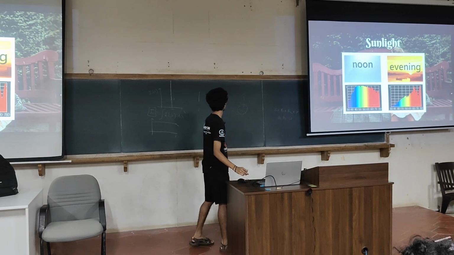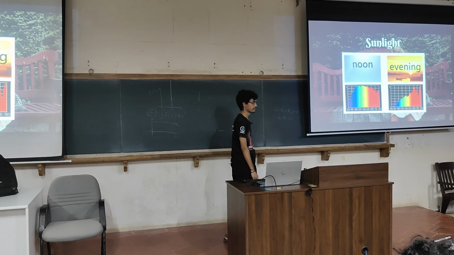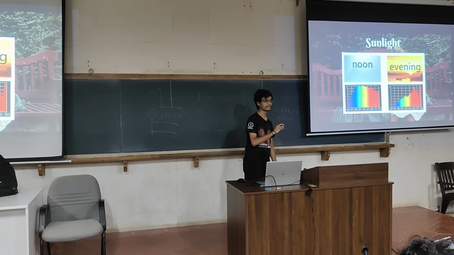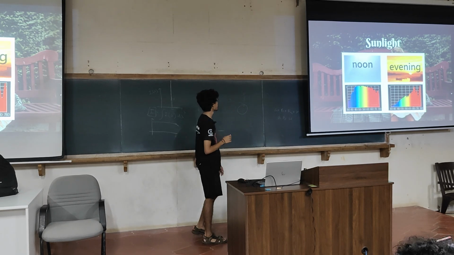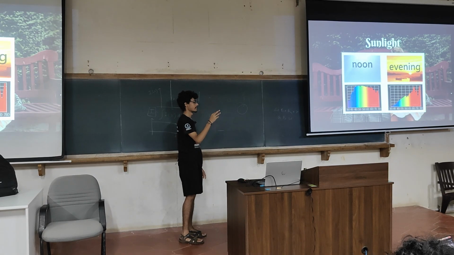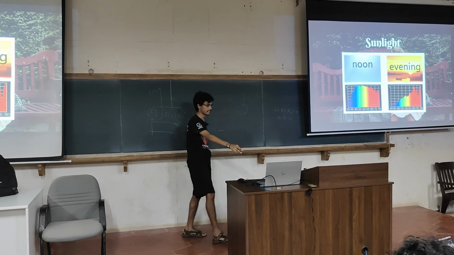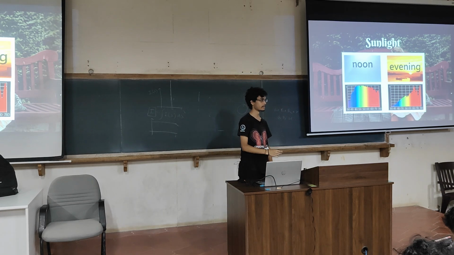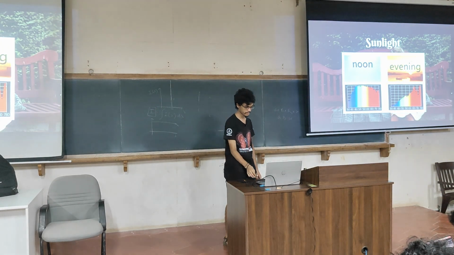And one more thing: if you have sat under the shade of a tree in the afternoon, you may have noticed that the shadow looks kind of blue. The reason is that if you're in shade, the direct sunlight is not coming to you, but the scattered light is, and the light that's scattered most is blue light. So that's why shadows look bluish.